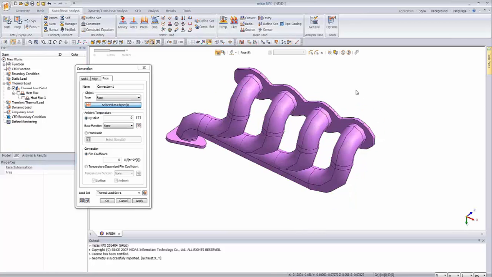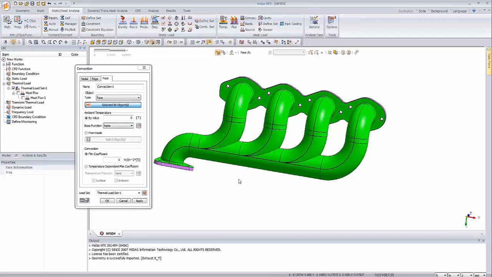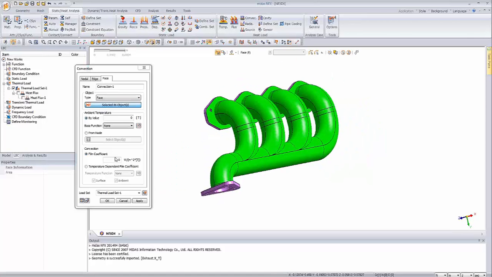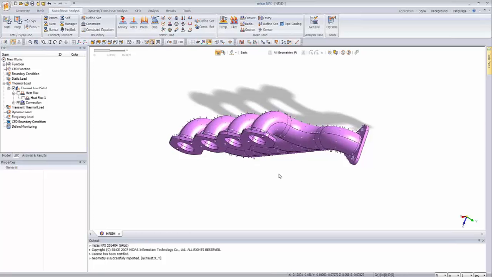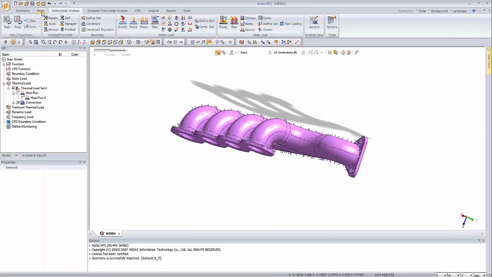So I think we can leave this selection like that, and let's apply the film coefficient, and this time it will be like 110, and as you remember, this describes more or less forced conditions because the value is quite high. So let's click on OK. Okay, we have it. And what can we do at this moment? Now we can go to the mesh and perform the mesh